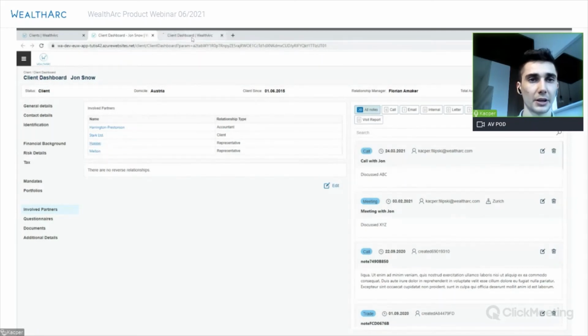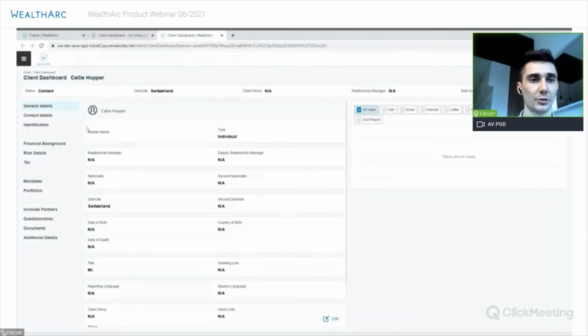So with that link, we can be redirected to the client dashboard of that person. And we can see here that this is actually a contact, but there might be a case where, for example, one of the representatives also has an account that you're managing for him. So then you will also be able to see the details of